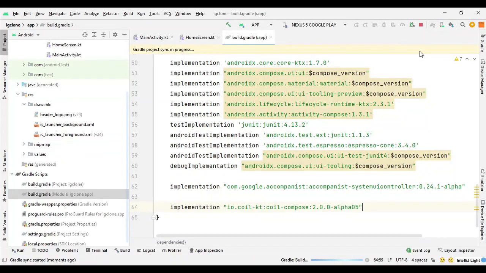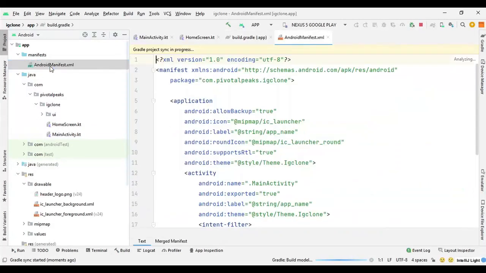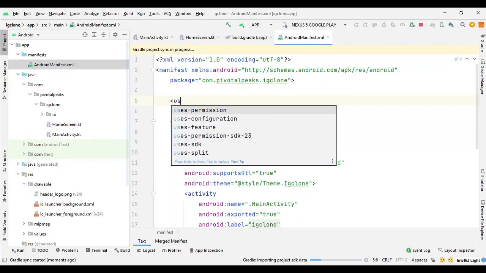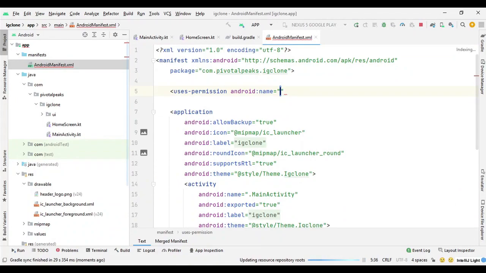I'm just going to sync it, and we also need the internet permission. So let's add that as well. In the manifest file we can say uses-permission, and we need the internet permission.